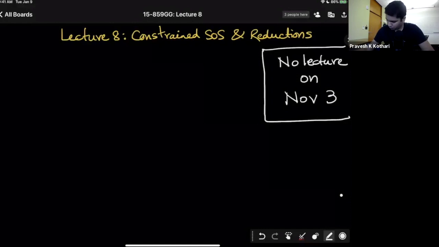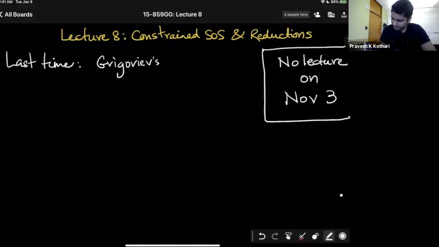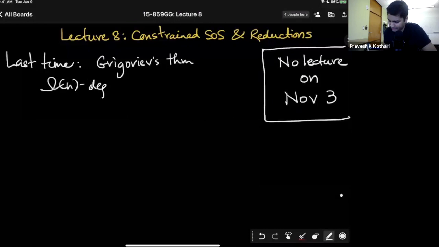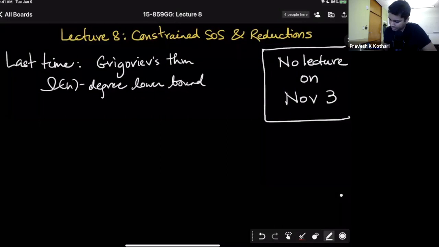Right. So last time, if you remember what we did, we proved Grigoriev's theorem, which gave us an Omega(n) degree lower bound on this val function for random kXOR,